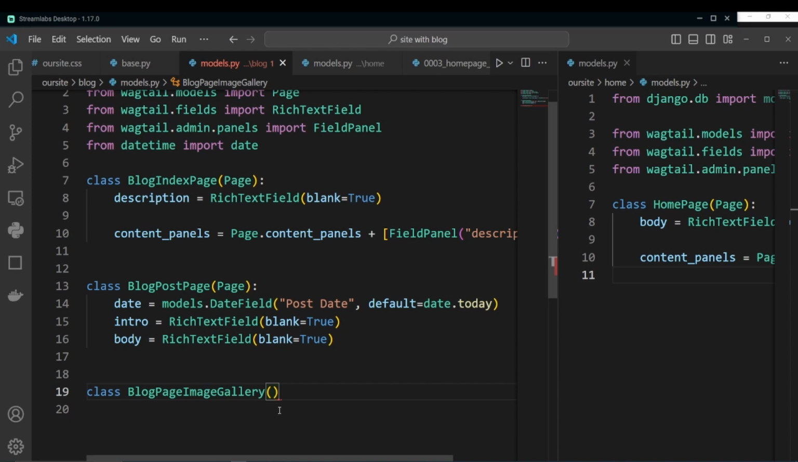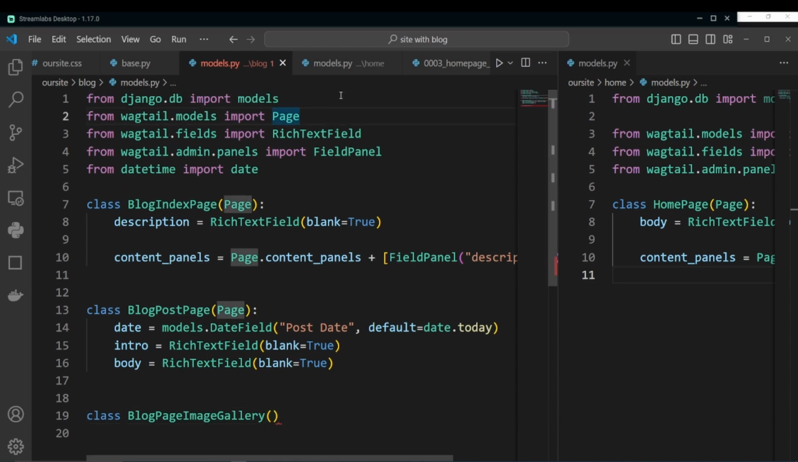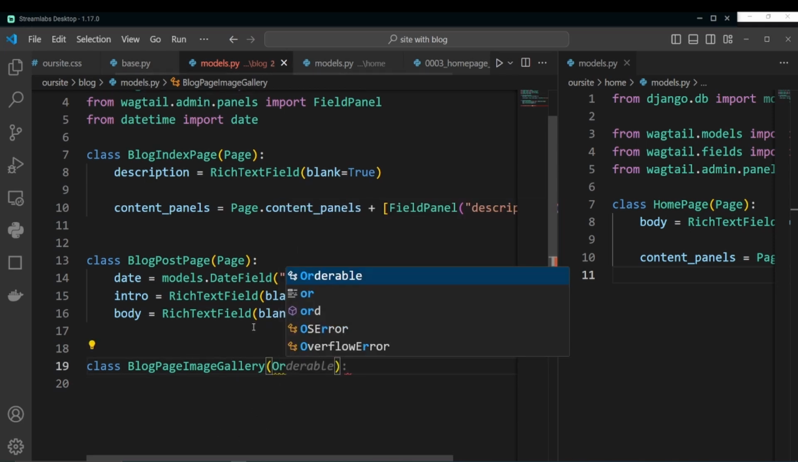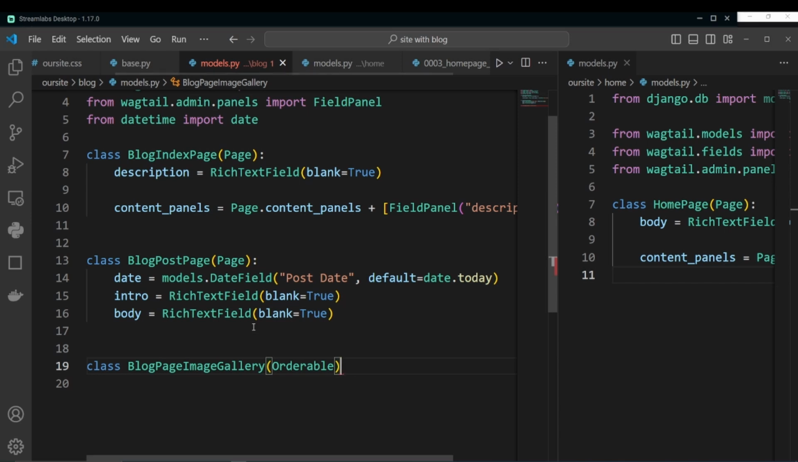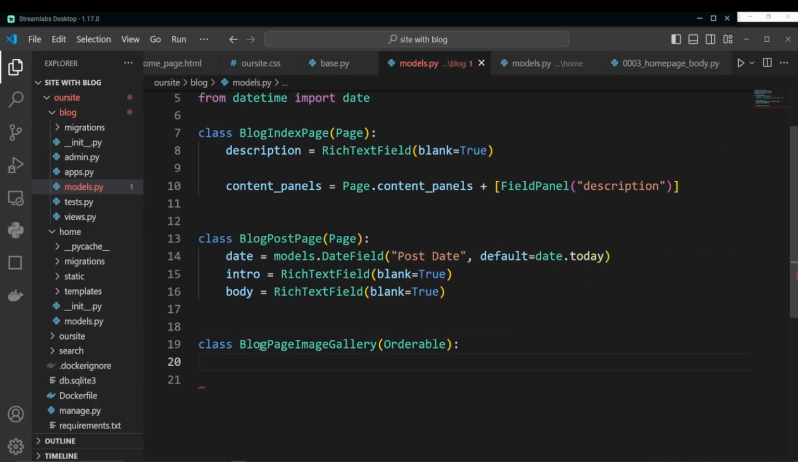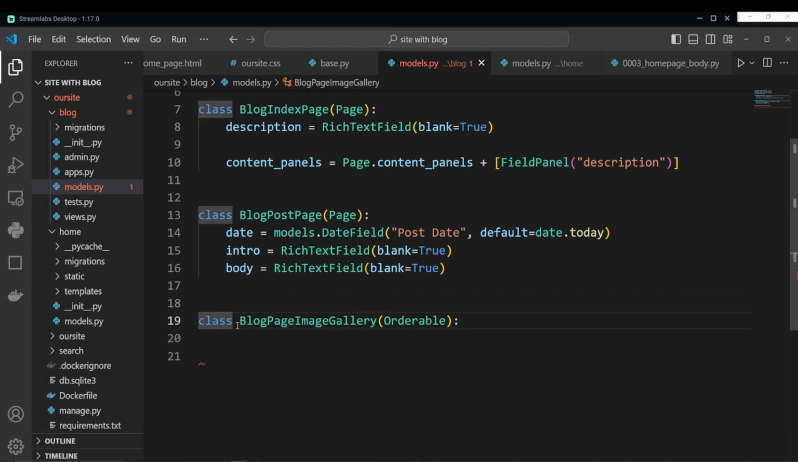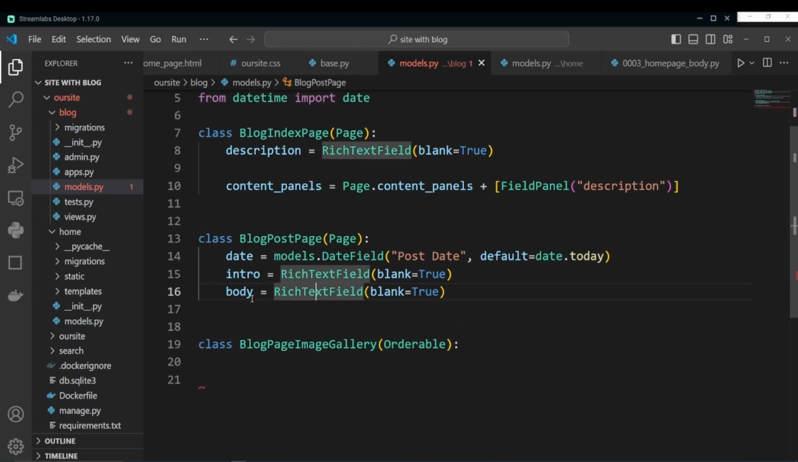Besides, Wagtail has an awesome model called Orderable. Let's import it, which will allow us to sort our images super easily, as we're going to see. So let's subclass it. We want our blog page image gallery to have a one-to-many relationship with our blog post page model, and we would like to be able to edit and add images from the blog post page